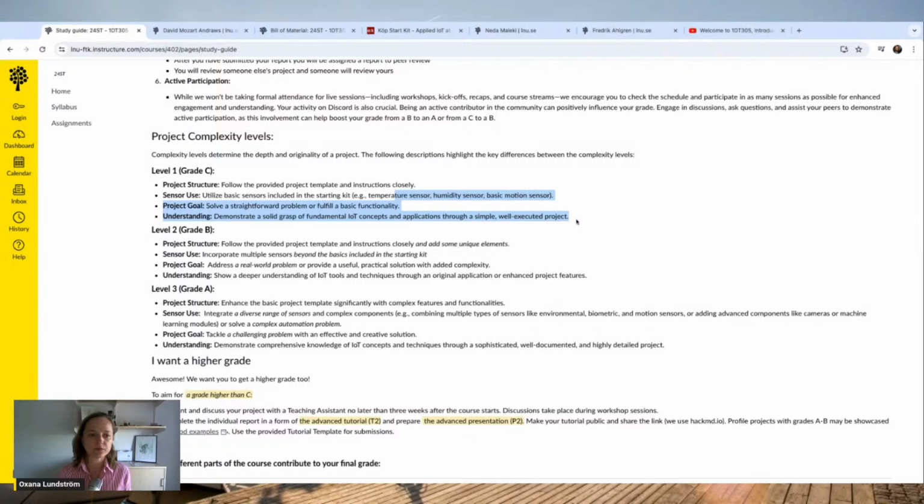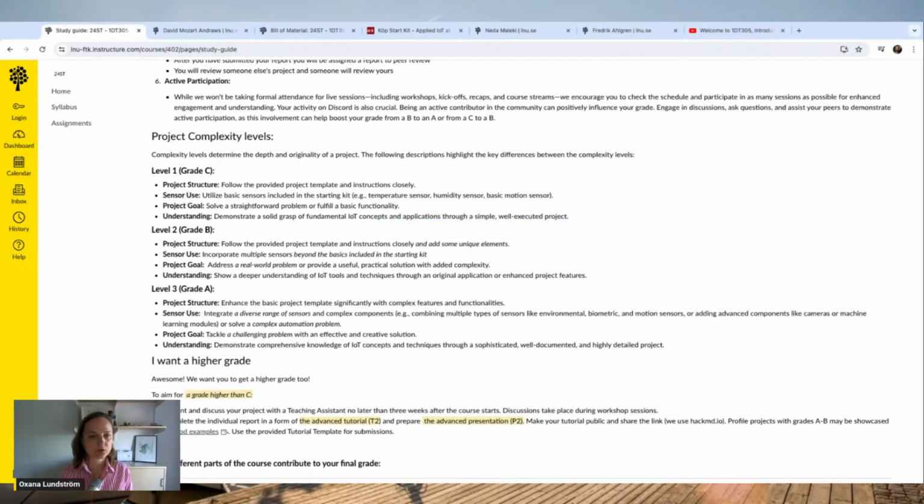And if we go for the grade C, good but not amazing, solid pass, it means that you're okay with just using the starting kit, or whatever is your version of the starting kit. So 1 microcontroller and 1 or 2 of these very basic traditional sensors, temperature, humidity, and then using Wi-Fi for connectivity and getting data. So straightforward problem, following the already existing template of the project that we will provide you with. The same goes for the